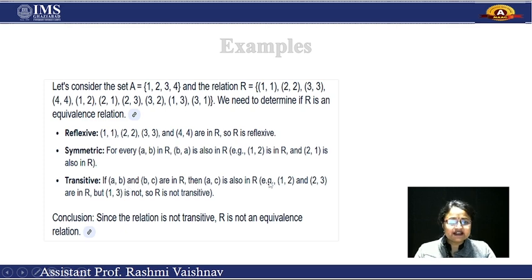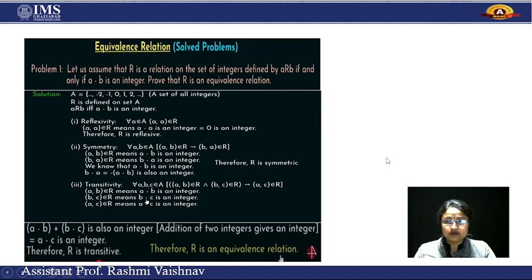So we can see very clearly, one ordered pair is (1, 2), the second ordered pair is (2, 3), and after that, eliminate 2 for the time being and we get (1, 3) as an ordered pair, which is not in the relation. That means this is an example of reflexive, symmetric but not transitive. So at the end we can say that this relation for set A = {1, 2, 3, 4}, and the relation which is given to us in the question, is not an equivalence relation. I hope it is clear? Yes, let's discuss one more example for clarity.